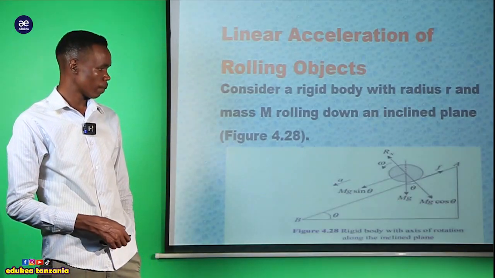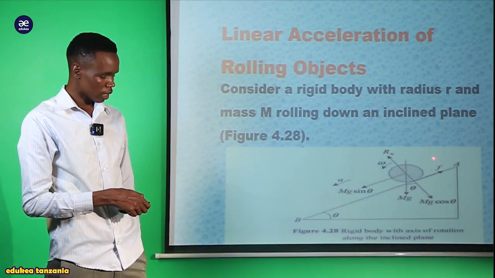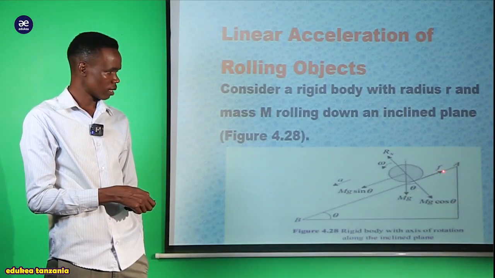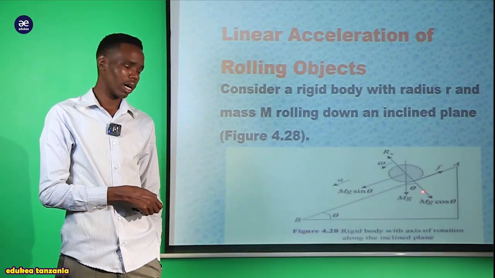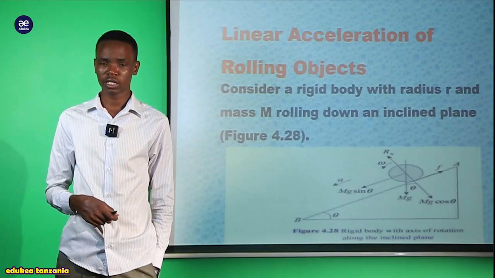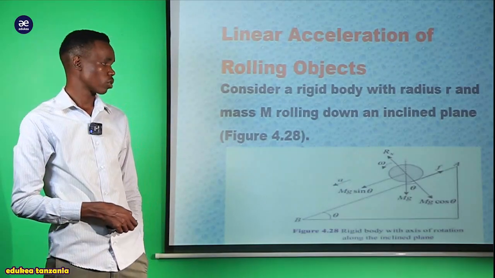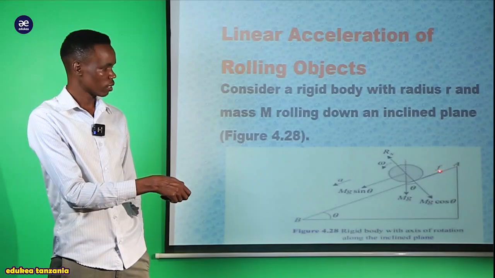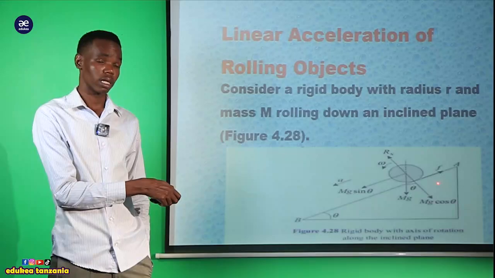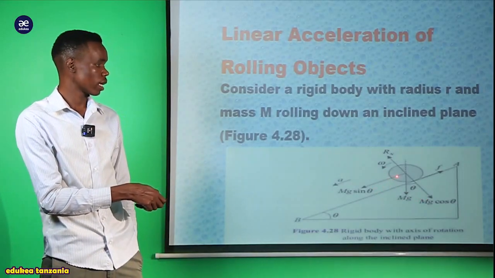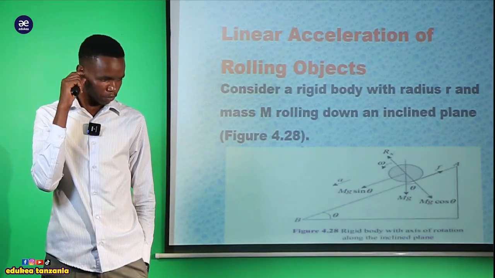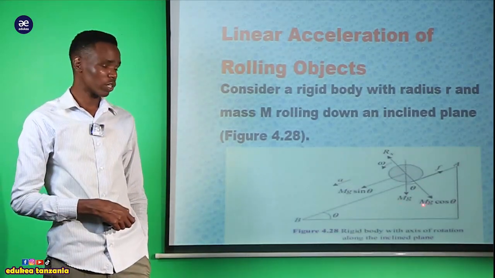So as we see here, when this rigid body rolls on an inclined plane, my dear students, there are some forces here, the friction force that could oppose, or could resist, the direction of this rigid body. As we try to see here, there is the force which is called the friction force, or sometimes we can say this is the resistance force that opposes the direction of this rigid body that is rolling on an inclined plane. So if we try to resolve here,